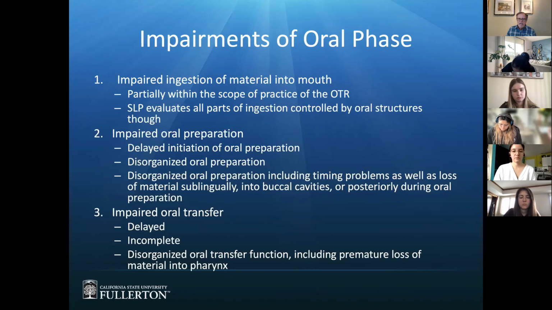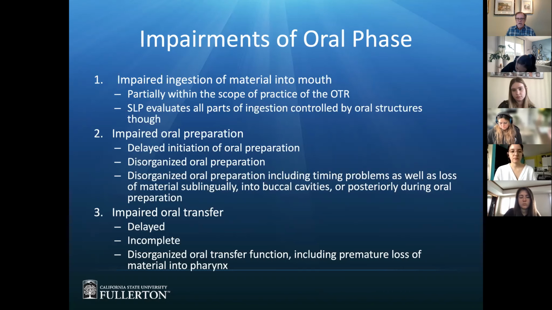And the final one can be disorganized oral transfer function. This mainly is where they're trying to transfer it, but they're not initiating an oral transfer effectively. What is happening instead is a bit of the material is being lost. I'm using that word very purposefully, lost, not transferred, but lost into the pharynx, which can become problematic because once it's lost into the pharynx before they're really ready, they have a very good chance of aspirating the material or